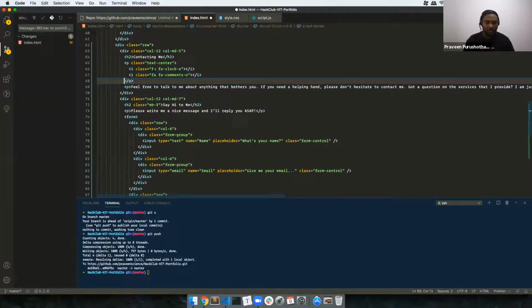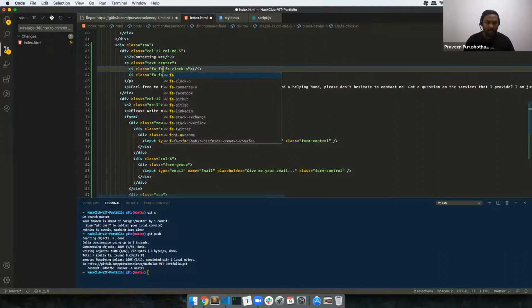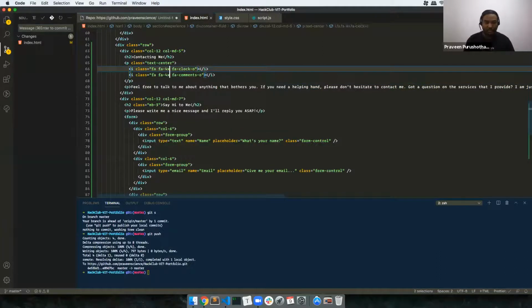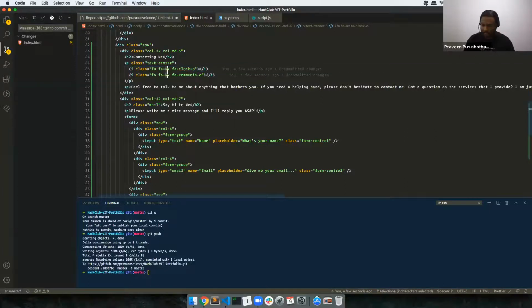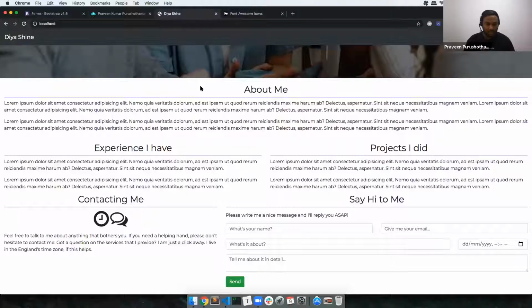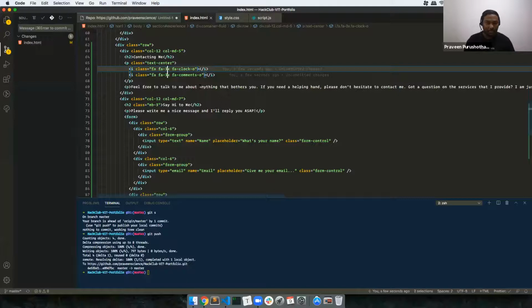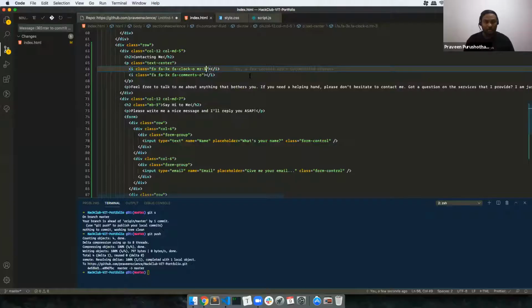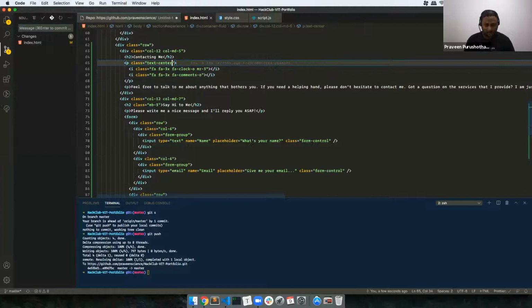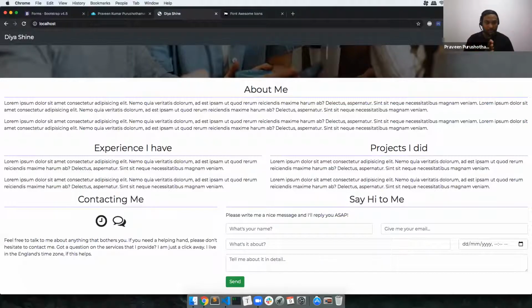There is a class called FA 4X or something, like 4X, 2X or 3X. Yeah, that works. So FA 3x we will put, refresh it. To an extent it is coming good. And I'll give MR3 so that there is some margin, so there is some space between it. Okay, super. I'll also give some padding here, padding 3. So it gives some space.